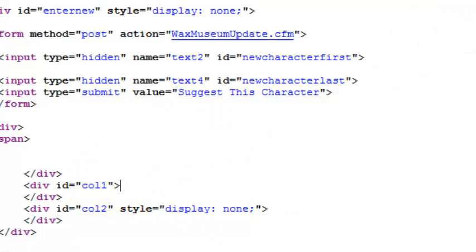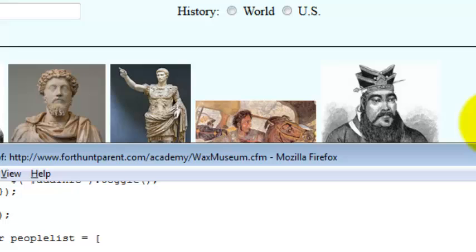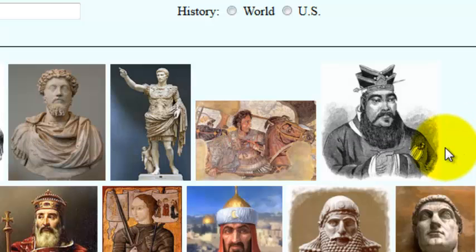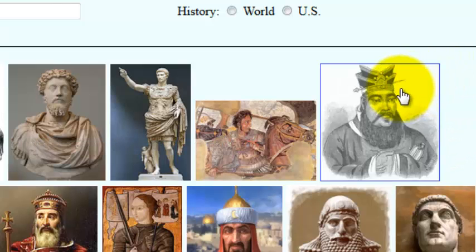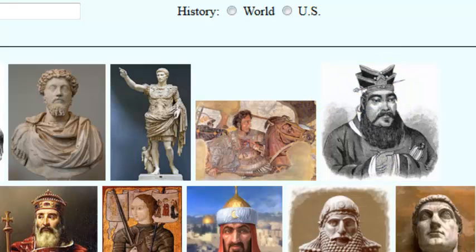Okay? So then what happens? It's set up like this, and then it dynamically creates the on mouse over. And look what happens when I do on mouse over, right? Now these are things